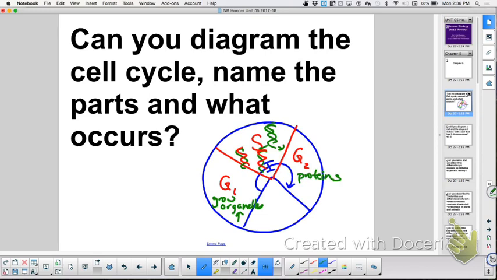And then what is this stage right here called? Yeah, it's the M stage. And you have what going on there? Mitosis. Yeah, and you can talk about,